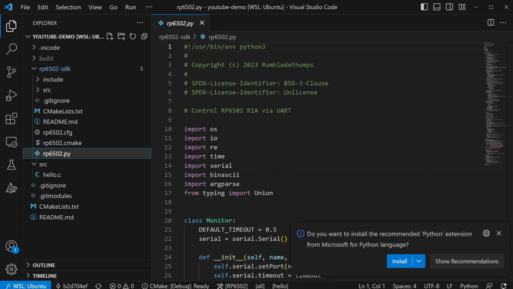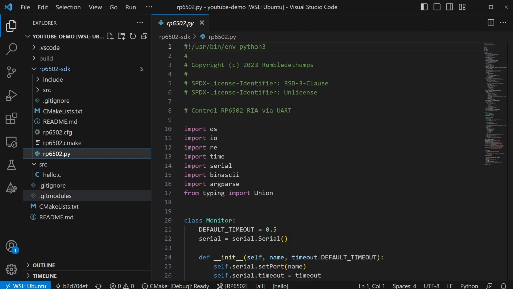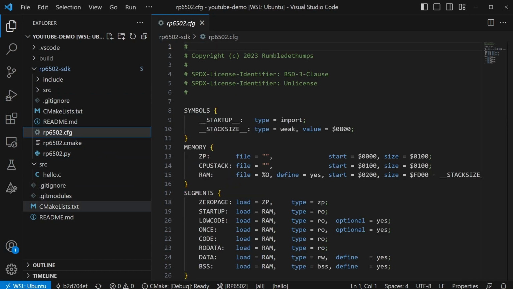This Python script is something you'll want to get familiar with. This is a tool for remotely controlling a Pico computer. You can include it from another Python script or run it from the command line. The VS Code configuration uses it to run programs, but you can also use it to create ROM files. This config file controls how 6502 memory is used by the CC65 compiler. It's unlikely you'll need to change it unless you change the hardware significantly.